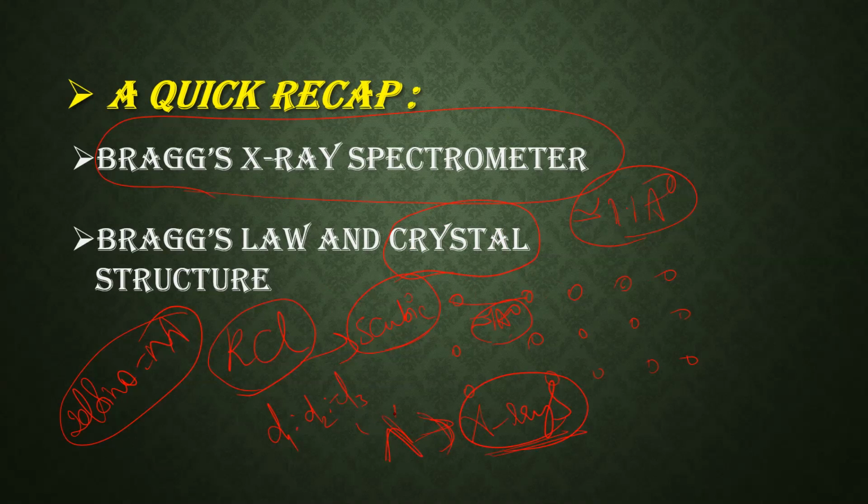Let me share the whiteboard. Now let us see the Ley method. So what is crystallography first? What is this crystallography? That is finding out the type of crystal structure by passing X-rays through the crystal.